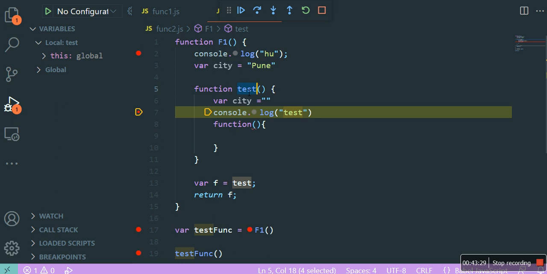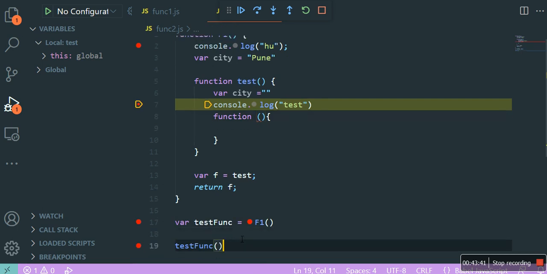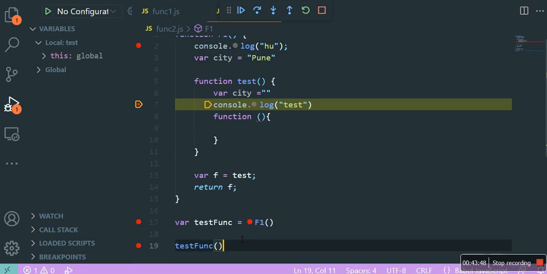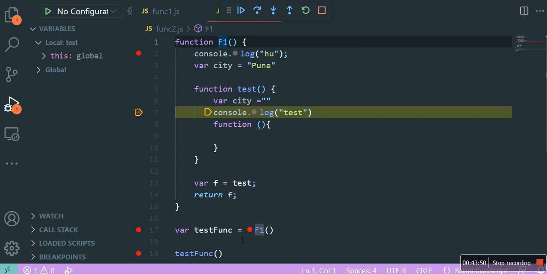Similarly, test is a value. It is an object, stored somewhere in memory. Anybody can use that object. It can be used inside F1, inside this another function, and outside the function. Anybody can call this function, correct? So that is a very important concept. People miss these things and then they become confused, asking what is going on. These are a little advanced concepts, but very fundamental.